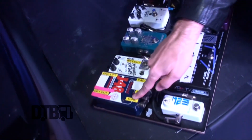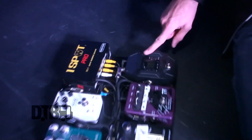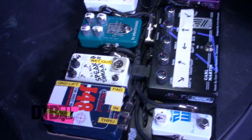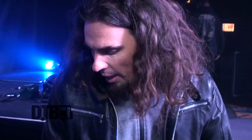The other line goes through, first, the Shure tuner and wireless pedal. That's before this Radial box, and it splits the signal from here. Then I have a compressor pedal, which is just a little bit limiting and compressing the sound before it goes through